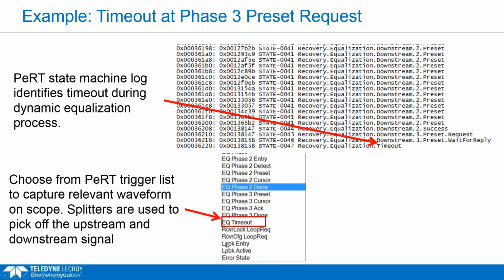Some devices will just get stuck at loopback entry and not actually go into loopback, or they might get stuck like we saw here in phase 3. So you set the trigger there, then you use the scope with the splitters to acquire the upstream and downstream traffic when you get there. Then you can use the protocol and the electrical view to figure out exactly what's going on with the signal in both of those layers.